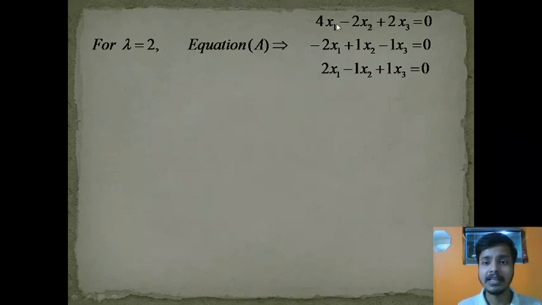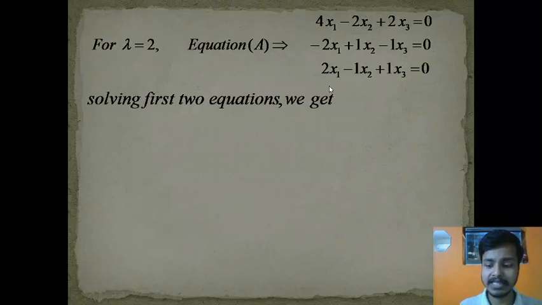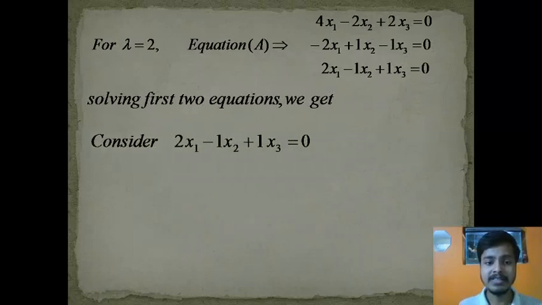x1, say x1 as 1 and x2 as 0. You can take any value; I am taking 1 and 0 for the sake of convenience. Okay, so please ignore solving the first two equations. We cannot apply that, as all the equations are the same, otherwise we will get 0 0 0, and by the definition of eigenvector, an eigenvector cannot be 0. Okay, so all three equations are equivalent, so I am considering this one equation.